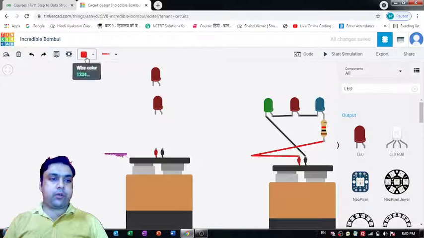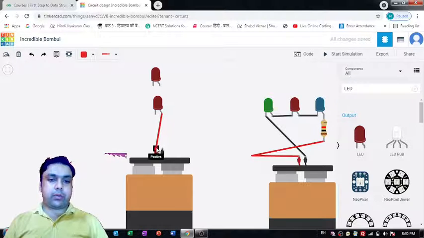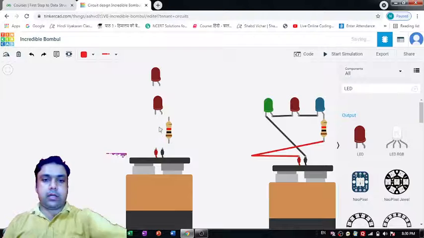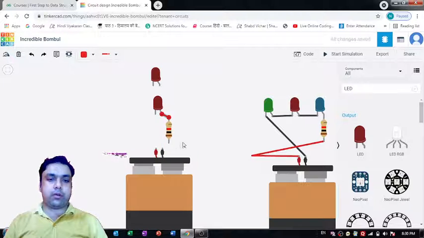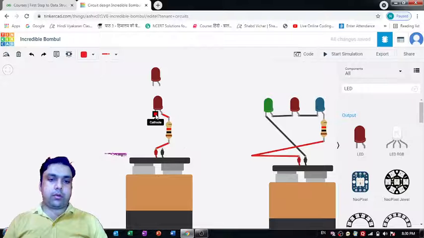So we need to first get a red wire, because that's the anode pin, I need to connect it with this positive pin, right? And let's bring a resistor for this. Okay, let me do one thing. Let me first connect this anode pin to this terminal 2, and I'm connecting this pin to this positive terminal. Okay, now that's the cathode pin, so we need to connect it to this negative pin. So it's a series circuit right now.